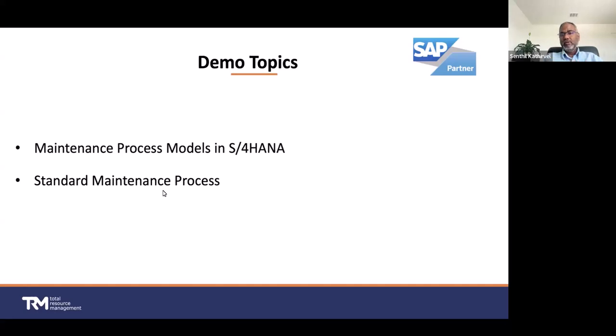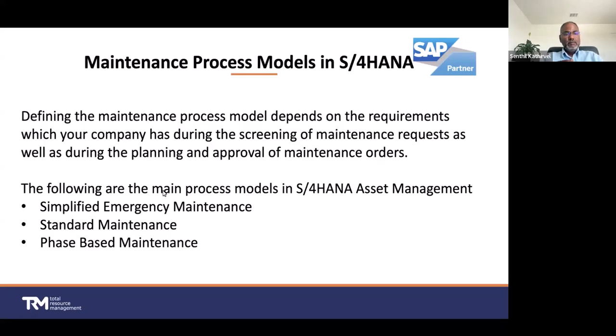This is the process that we have been doing all these years using SAP. The only difference is you'll be using a Fiori application instead of a transaction code to run this end-to-end process. There is also another process model called phase-based maintenance that we will be covering in our upcoming webinar session. So this is what we discussed just now: the simplified emergency maintenance, standard maintenance, and also the phase-based maintenance. But as I mentioned earlier, we will be talking about the standard maintenance primarily